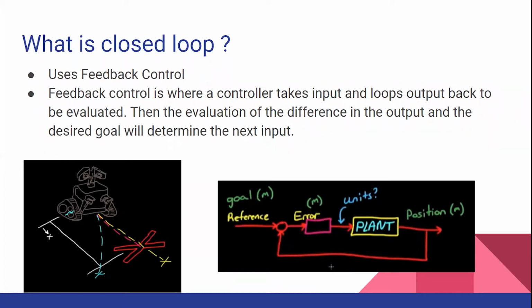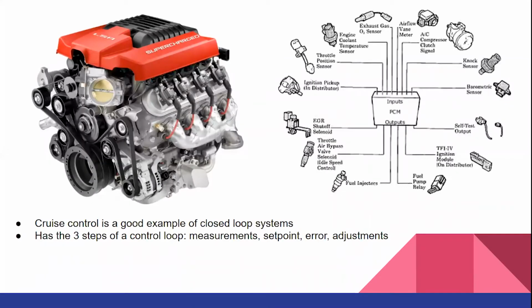A really good example for this though is cruise control in cars. So cruise control basically follows the steps of a control loop. You have a disturbance, you have a set point, you have measurements to be made, and it makes adjustments. So first you have